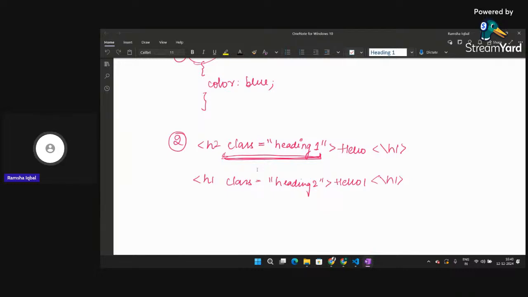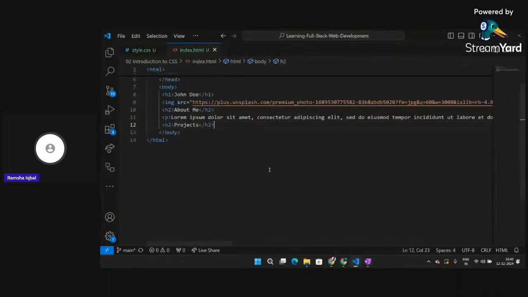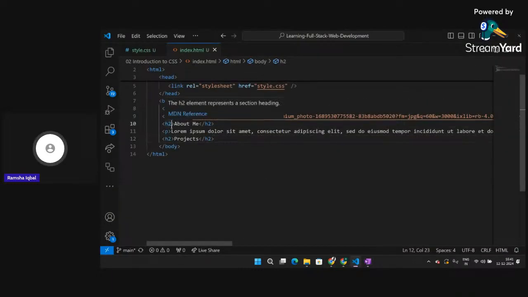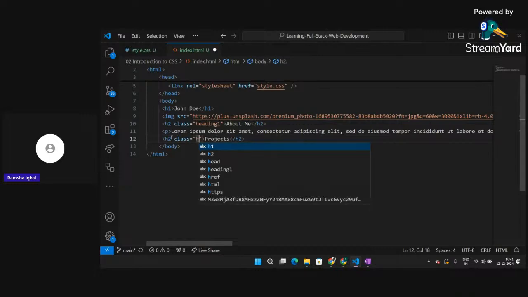And what I want is, I want them to be of different styles. Basically, I want the color to be different. Suppose I want color of both of them to be different from each other. So I will add these particular classes in my code also for better explanation. So this is h2. I will add here class to, let's say, heading 1, and I will add one more class here, and that will be heading